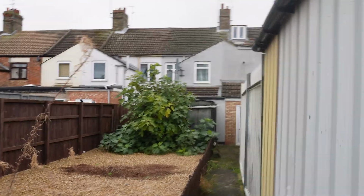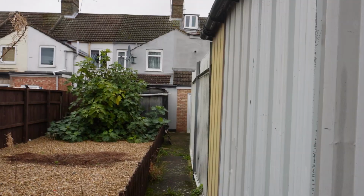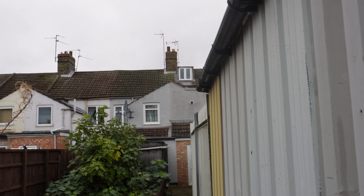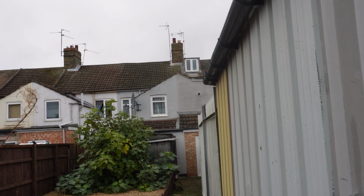The spikes, it's just not really what you want to be seeing. You look at this side, that's sort of what you expect. You wouldn't expect that. And also, I'm looking up at that window. That has to be the bodgiest extension I've ever seen. It's rough, isn't it? Look underneath the...